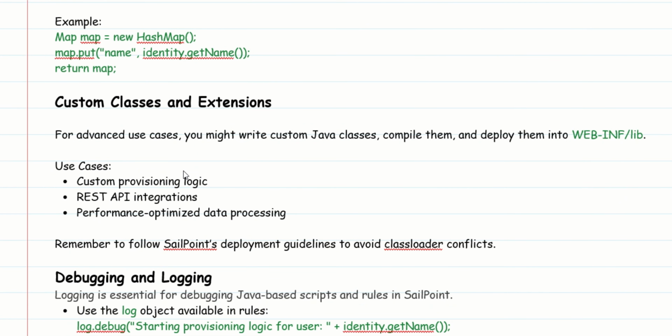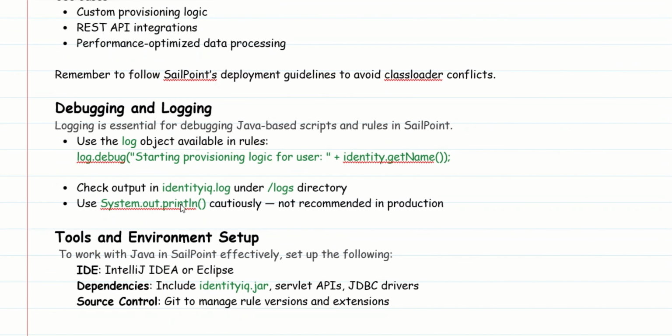Custom classes and extensions, again, if you want to build some APIs, I will show you everything in Eclipse in some time. Logging and debugging: logging is essential for debugging Java-based scripts and rules in SailPoint. Use either sysout or the loggers provided by SailPoint. You can add a logger in all your rules, so that when there is an issue, it helps you